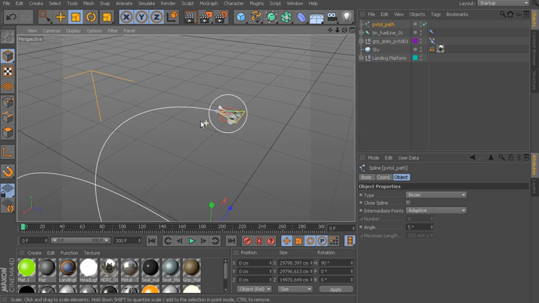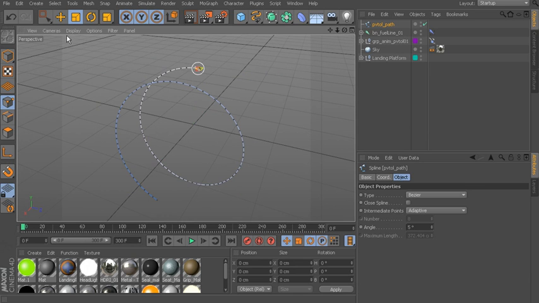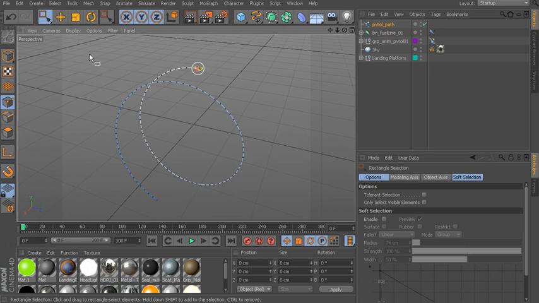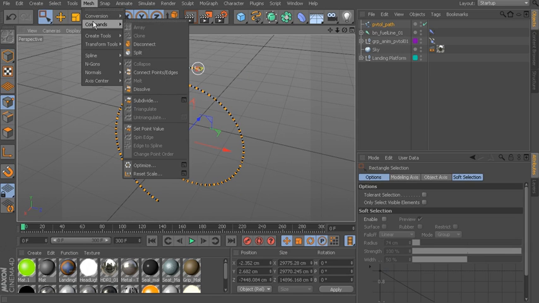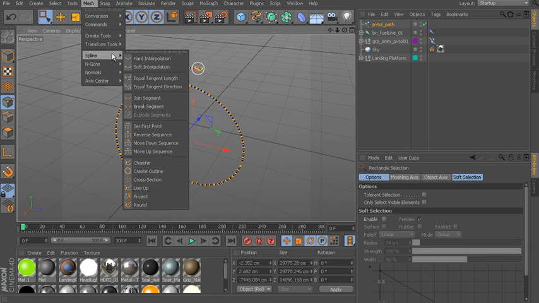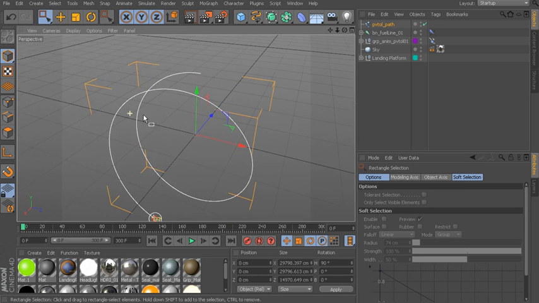So all we need to do is select our spline, our path, go to point mode, and with all of our points selected, I'll just go ahead and grab our rectangle select tool. With all of our points selected, we can choose Mesh, Spline, and we'll choose Reverse Sequence. So now let's go ahead and take a look at what this does. We'll go back to our model tool,